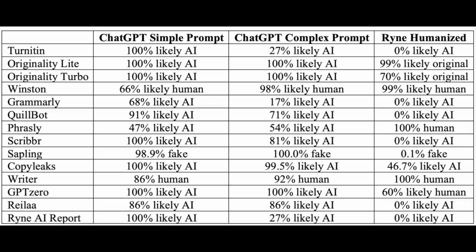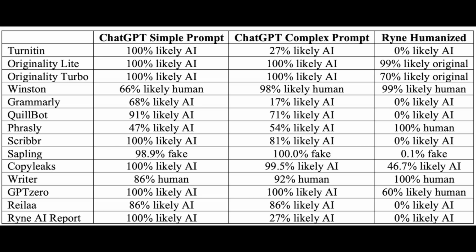With the complex prompt essay, only Ryne's AI report feature provided the same score as Turnitin's 27%. The next closest were Grammarly, Phrasely, and Quillbot. With the Ryne humanized text, Grammarly, Quillbot, Scribr, Writer, Reilaa, and Ryne's AI report feature provided identical 0% likely AI